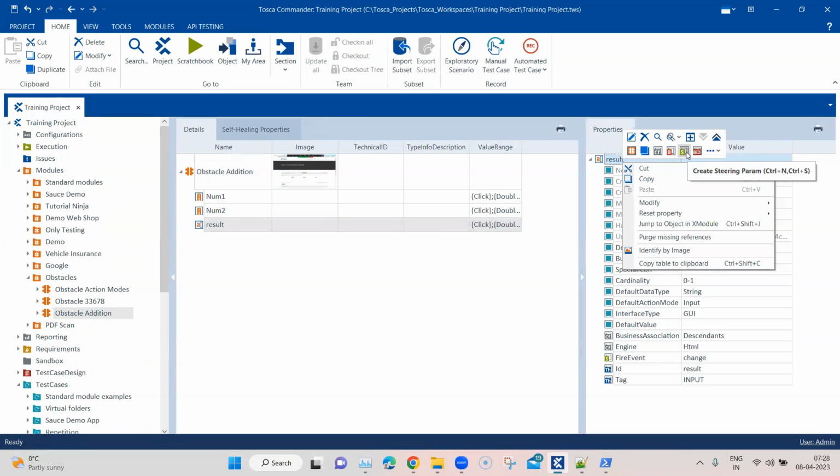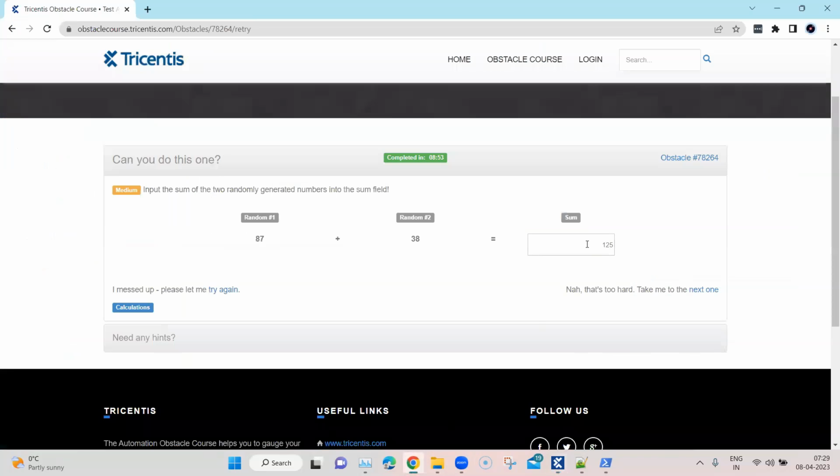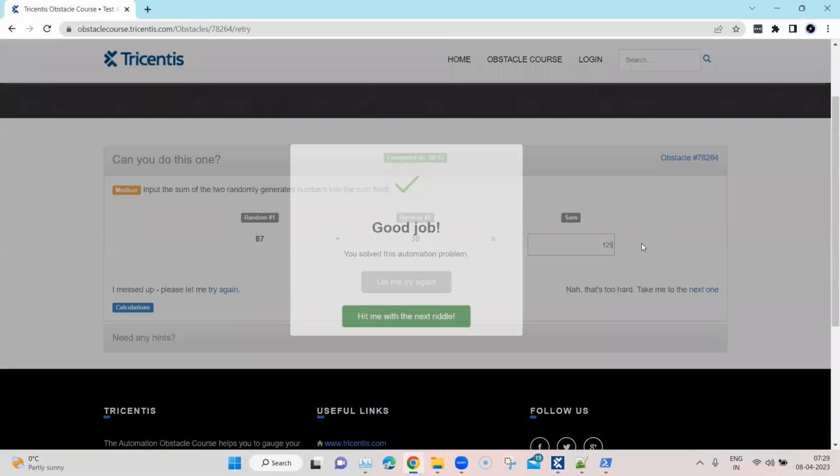Okay. So you have to create a steering parameter, and that will be a fire event parameter. You have to name it. By default, it is set to change, but we are inputting something. So we are going to change this to input. Okay. So now once you change this fire event to input, and also let's do one thing. Let's complete this now so that we also,